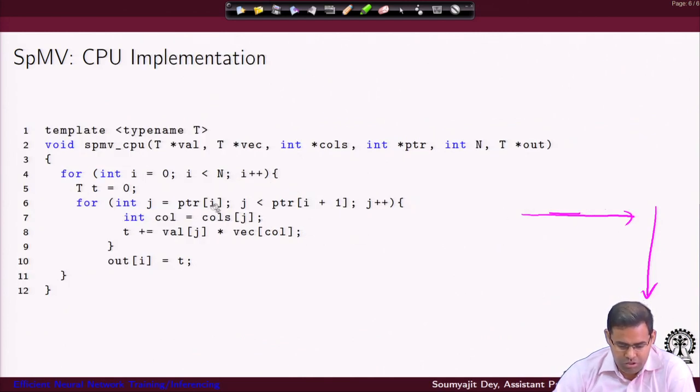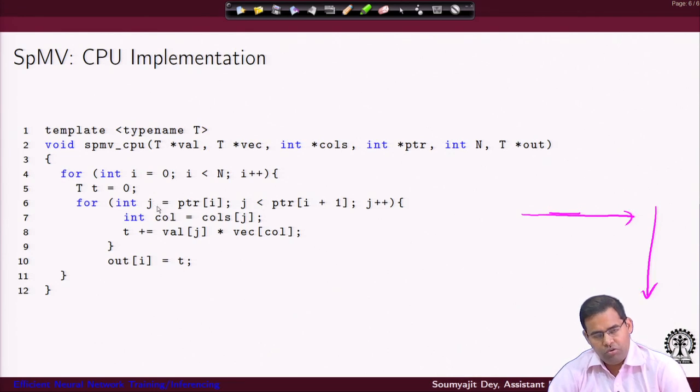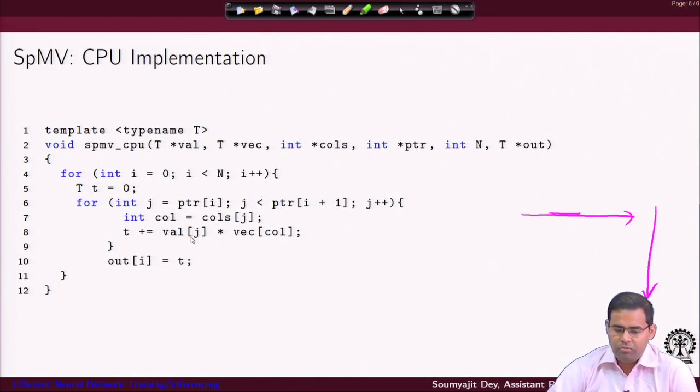So, with each new iteration, you are going to change the j, that means you are simply incrementing j, right. That means you are just proceeding through the row. So, you are proceeding through the value matrix, going to the next element, because PTR has told you in the value matrix at which point to start. So, that is val j, and then you are just incrementing following val j. I hope this is clear.